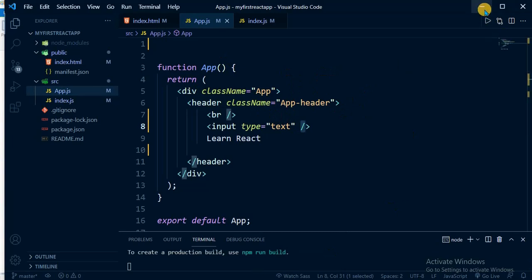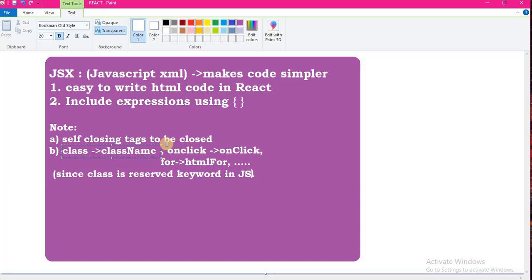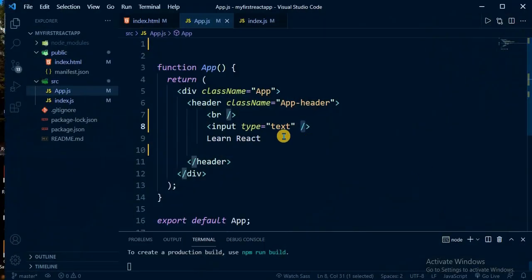So we cannot use class, we have to use className. And instead of onclick, we have to use onClick with a capital C, and for is to be used as htmlFor, tabindex as tabIndex, in camel case. So these are all the minute things that I wanted to discuss. So let's go to the practical session and understand each of them.